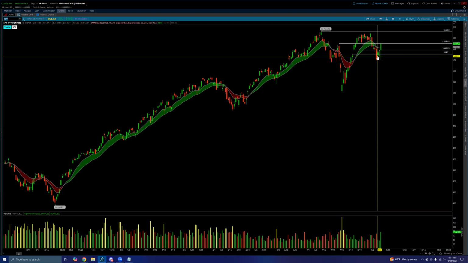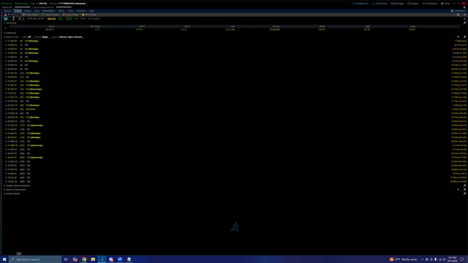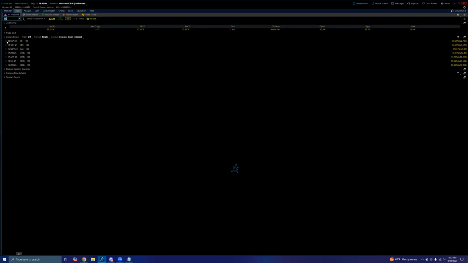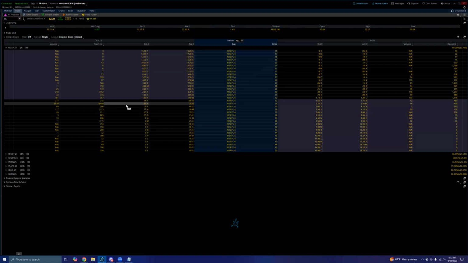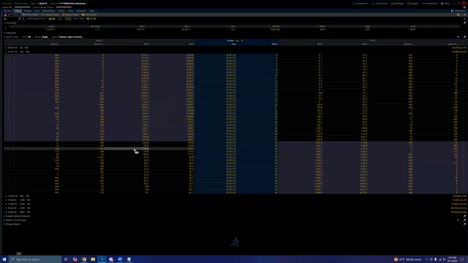Can you tell me what contract has the most interest for SG, Norman? Yeah, I'll tell you that. Okay, so just off the bat, Norman, these contracts have decently wide spreads. This September 20th has decent OI and volume, but the spread is pretty big. Moving on to the next expiration here. Yeah, these all have pretty wide spreads.